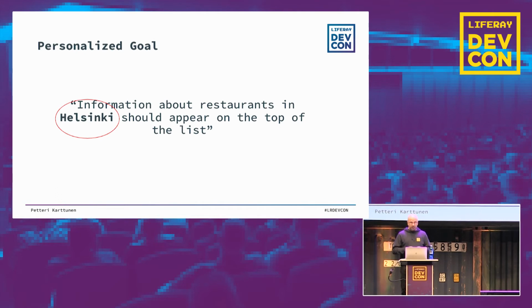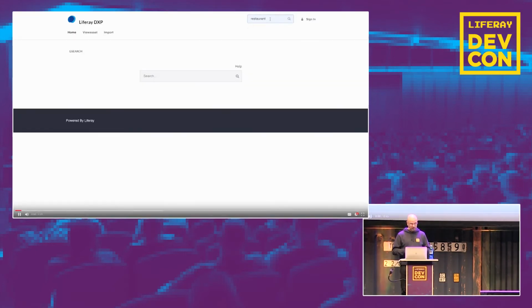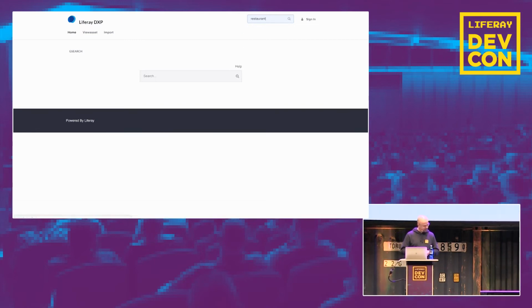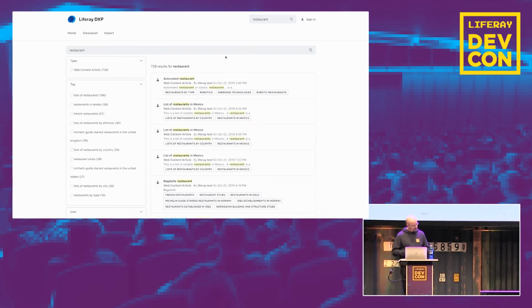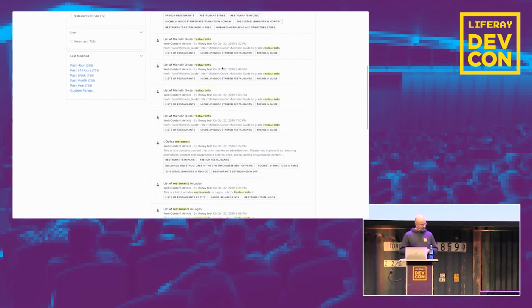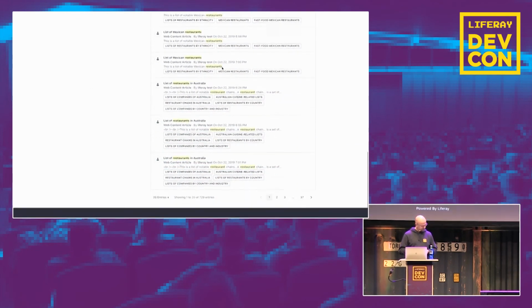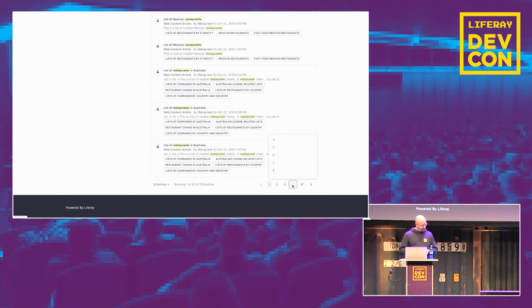For baselining, let's first see how it works with the Liferay standard search with no customizations or tunings whatever applied. So I'm here entering restaurant in the standard search bar and getting 729 results. Restaurants from Mexico, Lagos, Australia. And the first restaurant in Helsinki, what I'm interested in, is on page 18